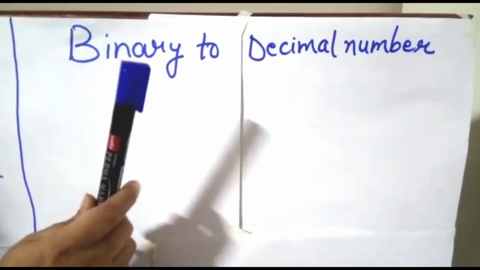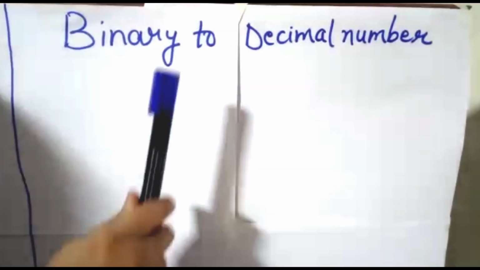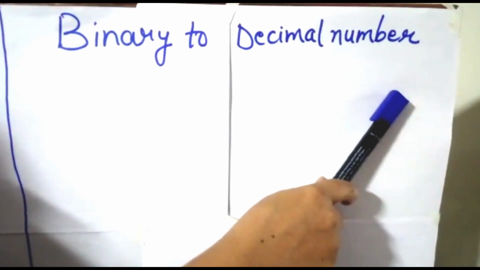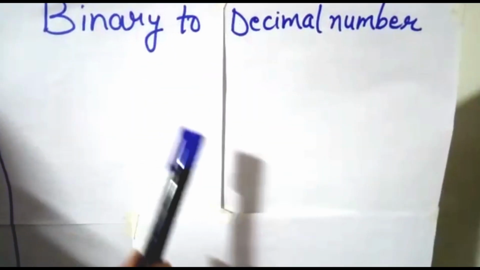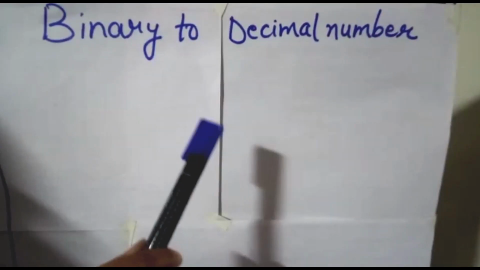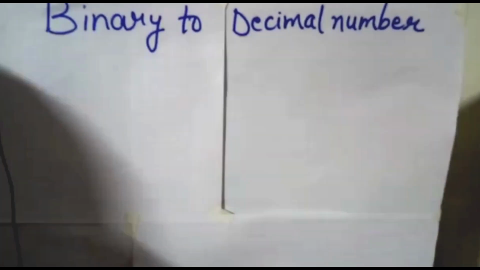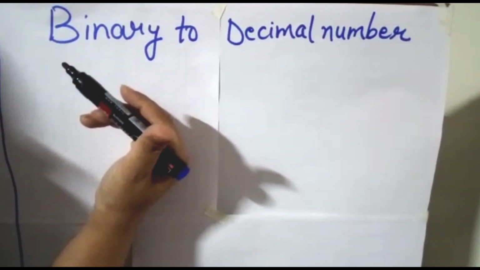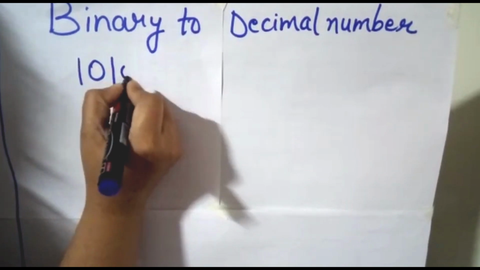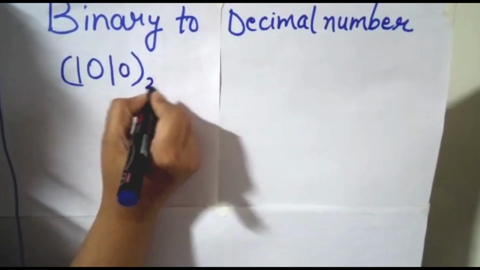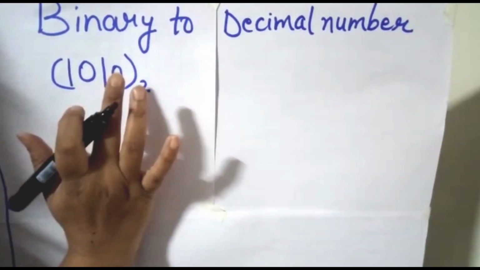Now we'll see binary to decimal number conversion. To convert a binary number into decimal number, firstly we will go on multiplying each binary digit with its positional value, which is in the terms of powers of 2, starting from the extreme right digit. Let us see how. So if we take a number 1010, since its base is 2 and we have to convert it into the decimal, so I will take from extreme right digit.